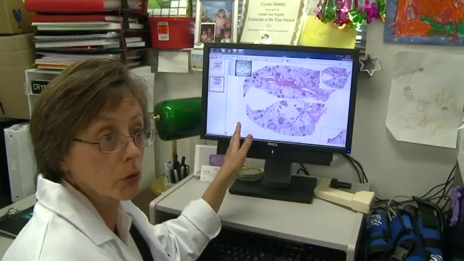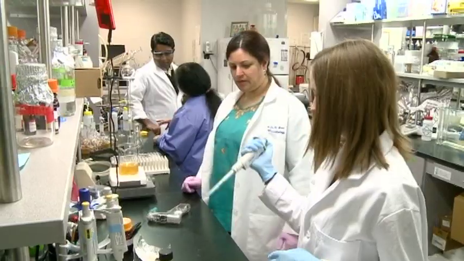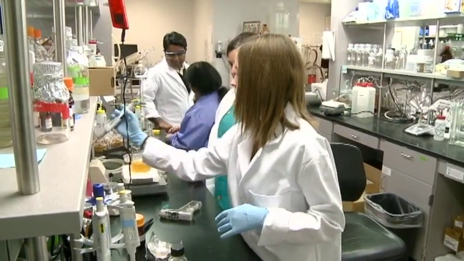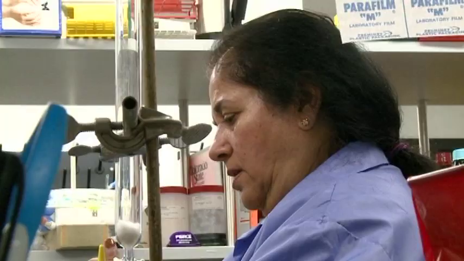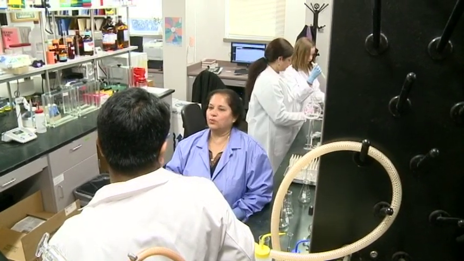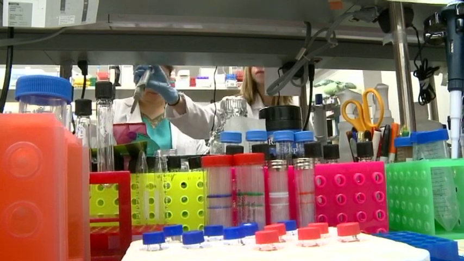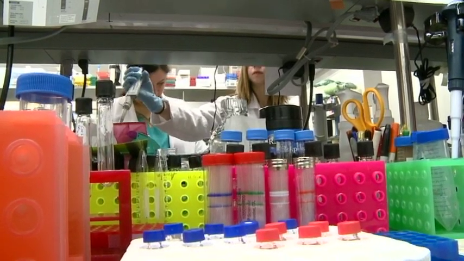So I think it's an exciting time to be working at CSU and with colleagues around the globe, because we have now, for the first time in many, many decades, new and novel agents with novel mechanisms of action to try to get at the tuberculosis organism in a different way. And our hope is that studying these regimens for treatment of tuberculosis will shorten that period of time required to cure disease.